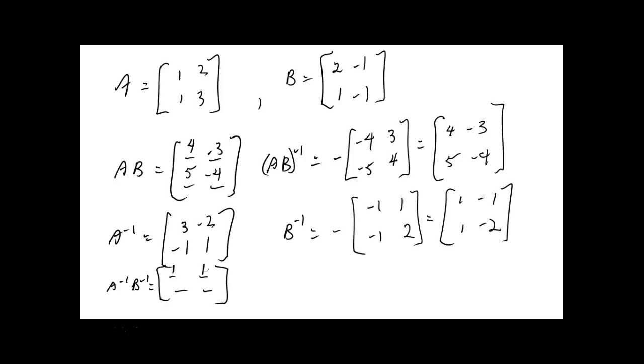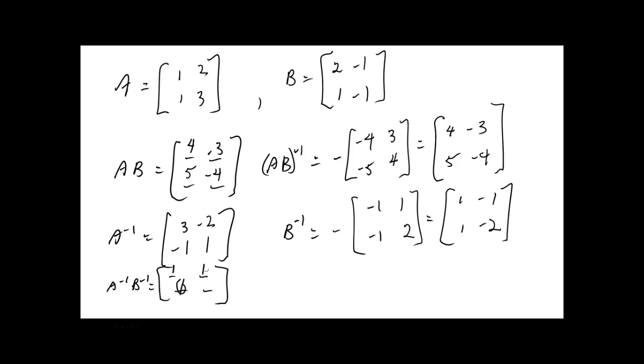Okay, the 2,1 entry would be zero. And the 2,2 entry would be